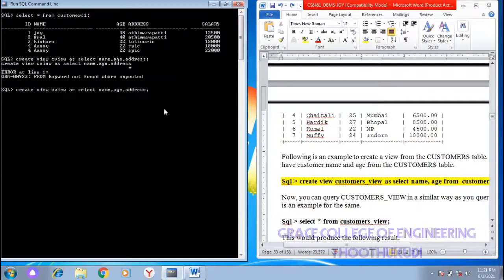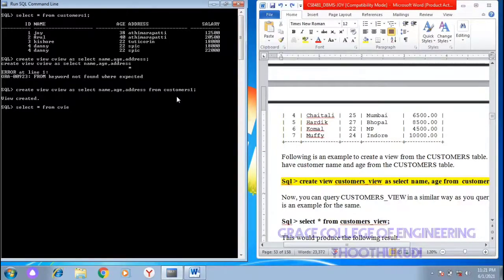Here I select the name, age and address, then mention the table name from which you are creating the view, so from customer 1. Now the view is created with 3 columns, name, age and address. If you make any changes in the view, it will be updated in the customer 1 table also.